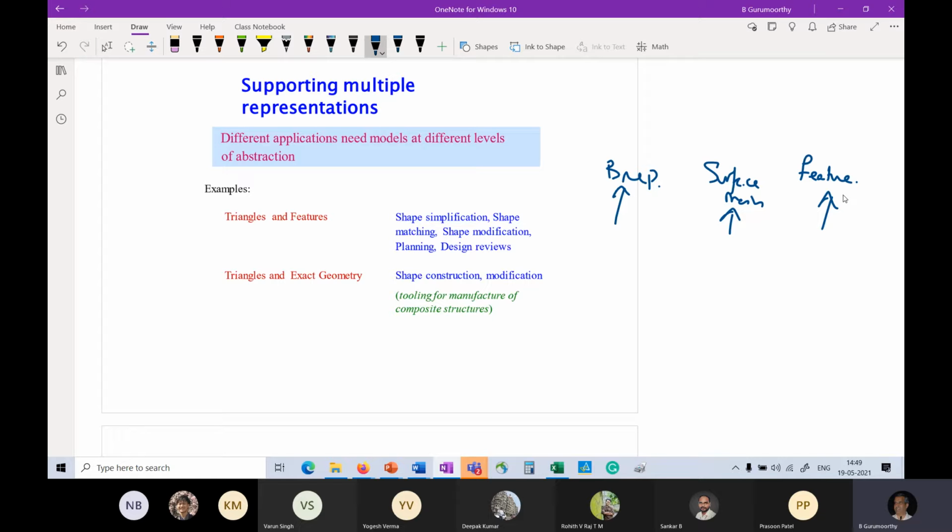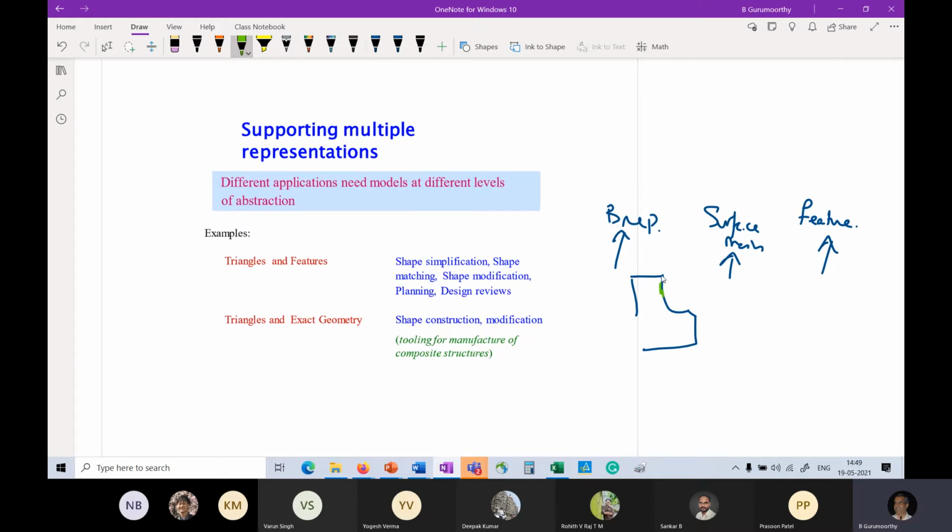Right? So for example, to move back and forth between triangles and features, one of the things is, if you were to take Professor Deb's class on CAEPD, computer-aided engineering for product development, you will find that while my part has some very complex features, I may have a fillet, I may have a chamfer, all kinds of details. But for analysis, they would not like to analyze a part like this. Rather, they would like to analyze a part like this. Which means that both the chamfer and the fillet have to be removed.